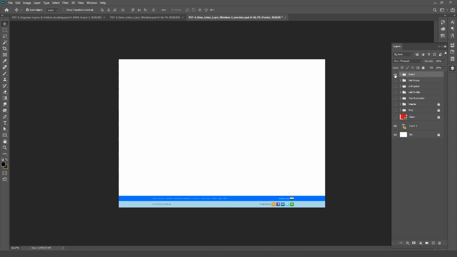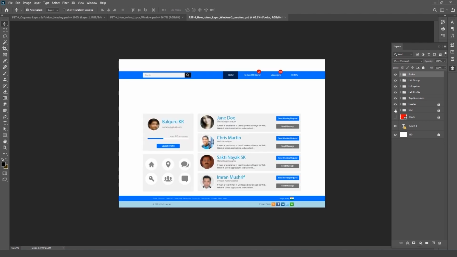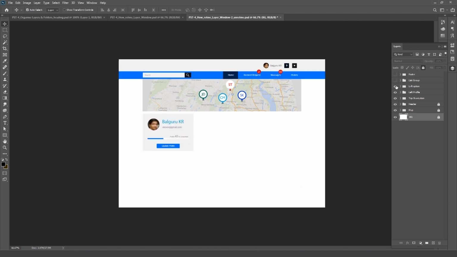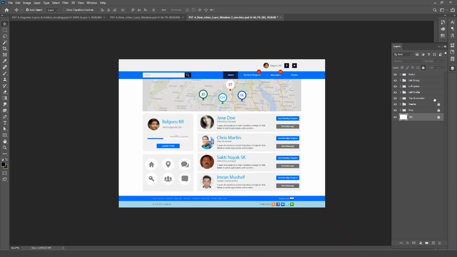As simple as you see, whatever we created took under 1 or 2 minutes. So we organized our file within 1 or 2 minutes, and you can see the unwanted layers over here. That is not required now. Whatever unwanted layers there are, you can just unlock and delete them. So all our files will get very well organized, and once it is done you just lock all the layers.